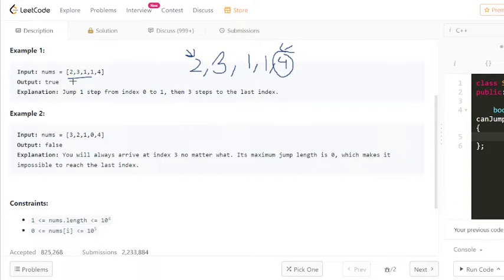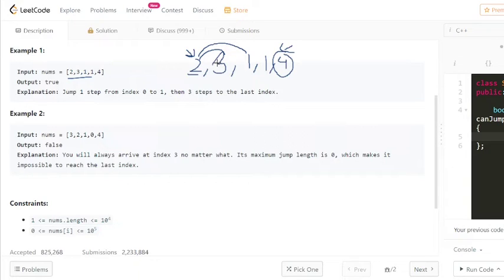Now what we need to do is check whether from this index we can reach this index or not, right? So from 2 we can reach 3, or we can jump to this index that is 2. Let's say that we jump to index 1.